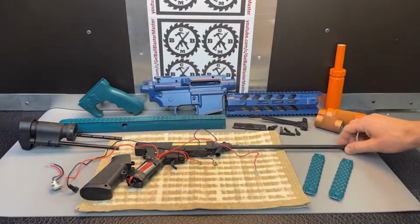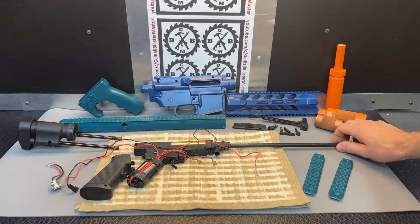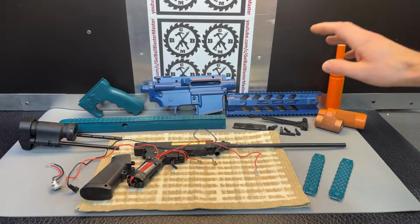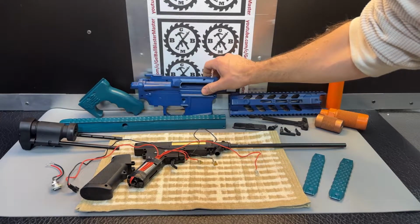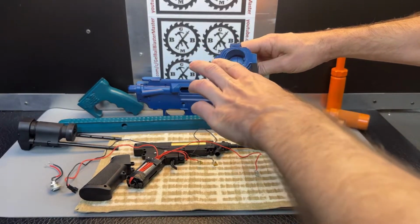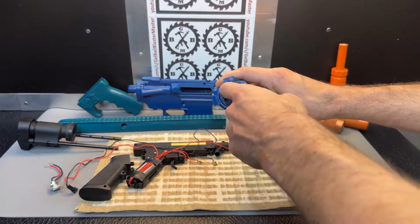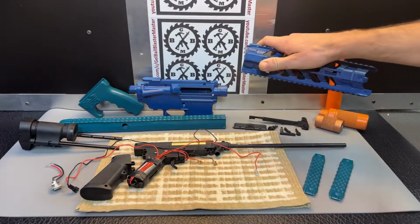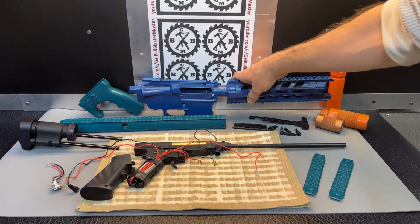I did replace the barrel, so this has an X-Force barrel on it. This is the 270 millimeter. So that's a nice barrel that I stuck on there. And then we're going to use a Wasp, or an M4 Wasp, the outer barrel, the foregrip right there. When you put these on, you are able to reuse, or at least I am, you can modify the receiver part of the barrel from the M4A1 so that it works with the Wasp. But then to make things line up, you have to flip the Wasp upside down. I've shown you that once before on a different one. So that'll actually go on there like that